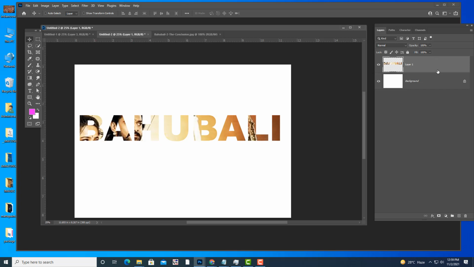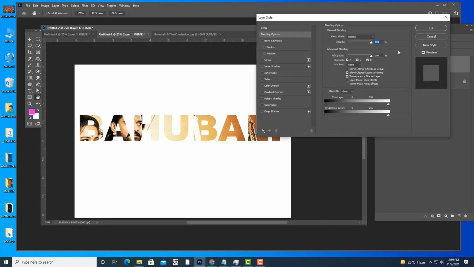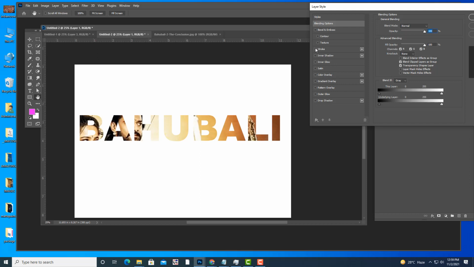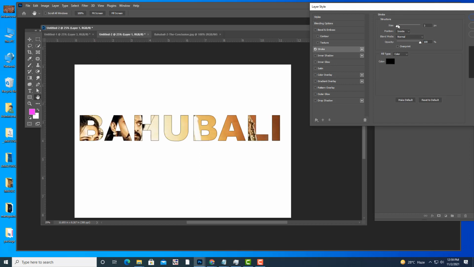And then one more interesting thing you can do, you can apply layer styles again. Just double click here. Layer style will open, and then you can use this stroke. You can put it outside, something like this. In case you want anything else, you can also try that.